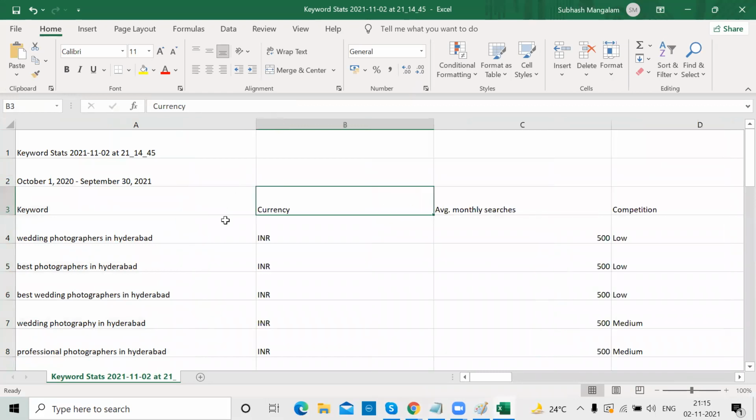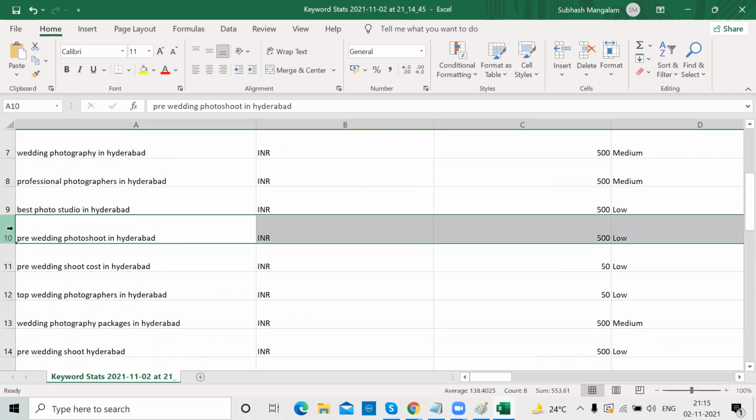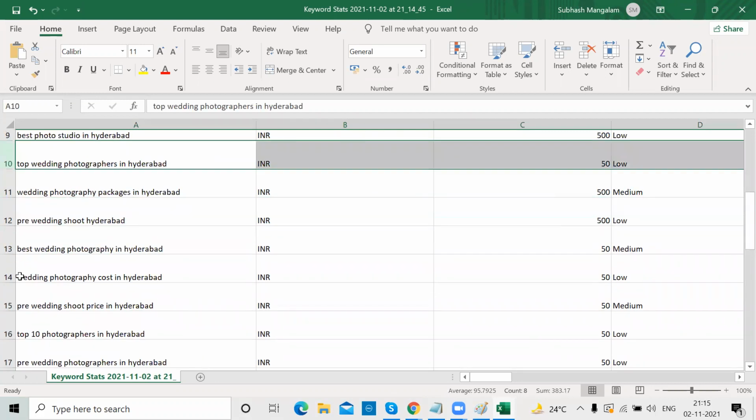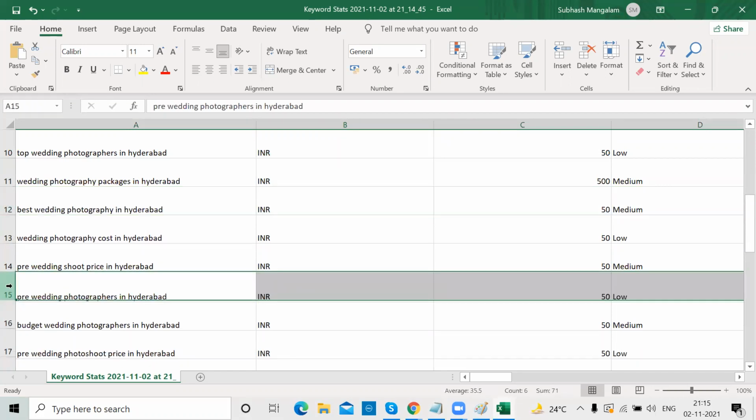So let me filter out. Pre-wedding photo shoot in Hyderabad. Maybe they might want to see the pre-wedding photo shoot photos or something, or else they might be finding the places. I don't know whether he'll opt for the things or not. So I don't want this keyword. The shoot one, I'm not sure. You can test it whether it is working for you or not. A top 10 photographers in Hyderabad, this is not good for me.